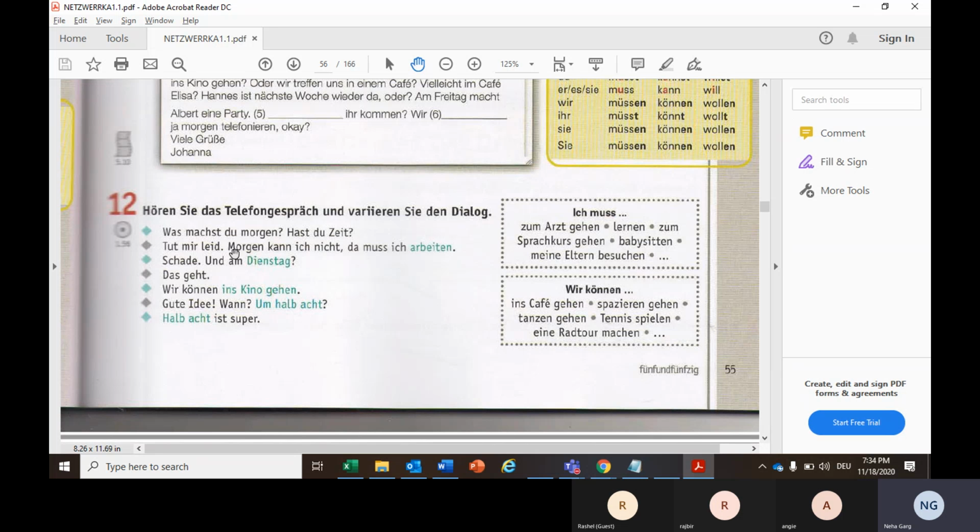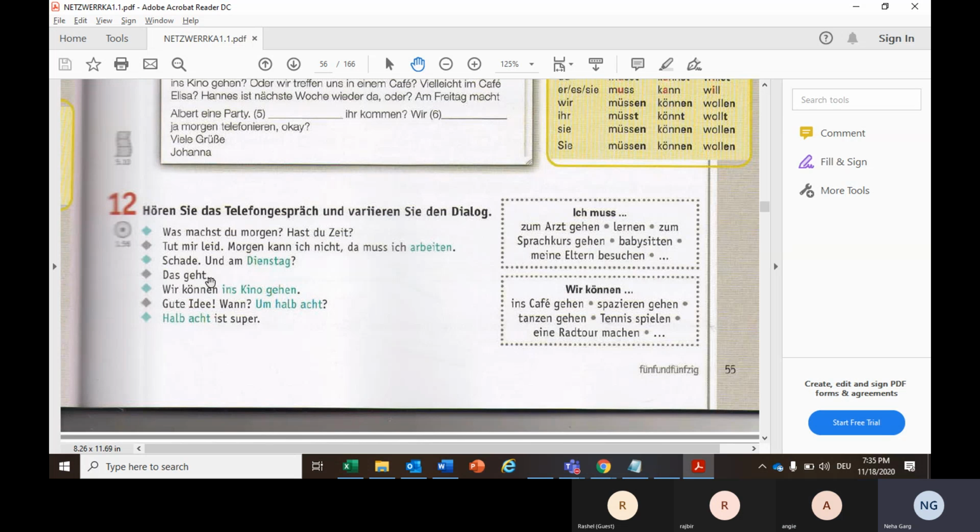So, for example, I'm just giving you the meaning of this particular transcription. Was machst du morgen? What are you doing tomorrow? Hast du Zeit? Do you have time? Tut mir leid. Then the friend is responding. Tut mir leid bedeutet I'm sorry. Morgen kann ich nicht. Tomorrow I cannot do it because I have to work. Schade. That means unfortunate or sad. Und am Dienstag, and then on Tuesday,